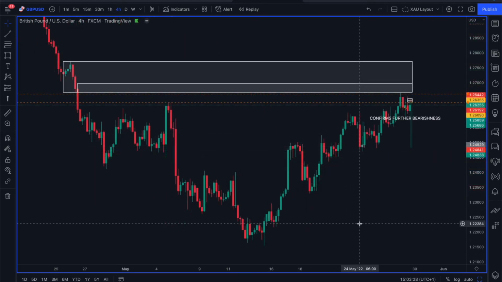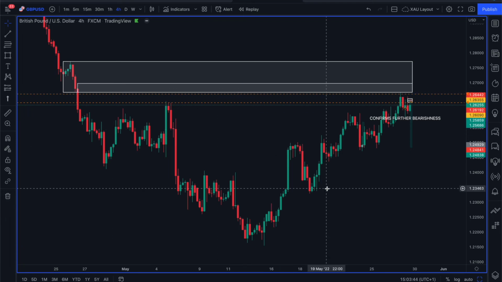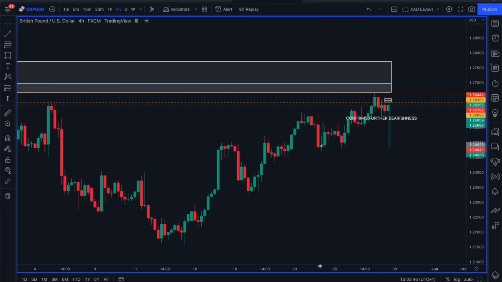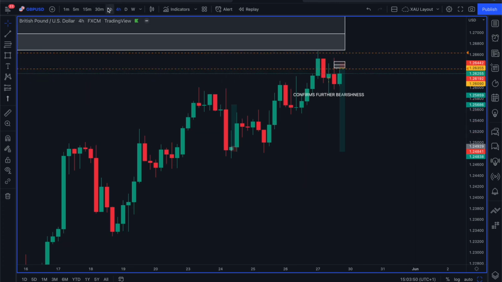Now, obviously wanting to be sellers in this market, we need to find areas that price can trail back up to in order to take their next leg down. So obviously I've got this POI highlighted here. That's great. I've got a less refined POI and then a more refined POI, which I'd like to see price tap into. Now, it looks as though price did actually tap into it here,